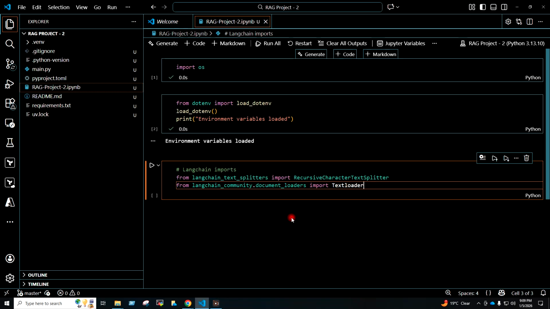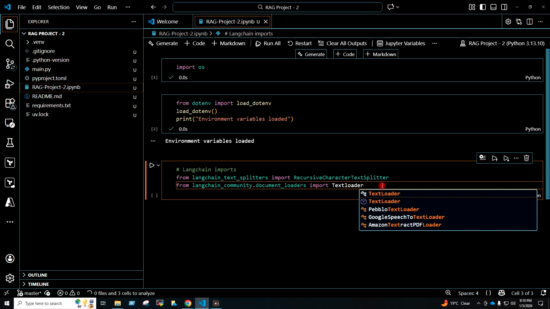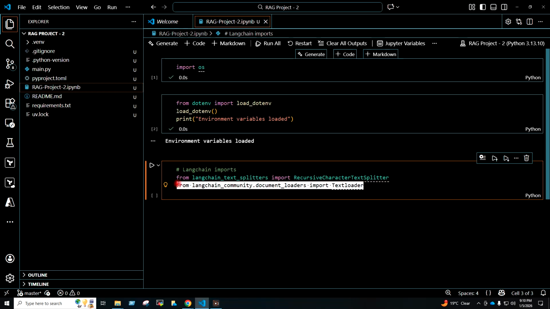It will import the text loader, it is required to load the text,